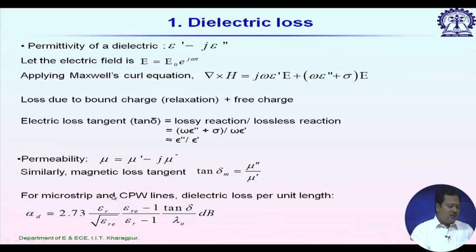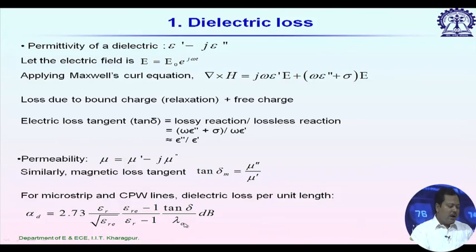Now, if I consider a microstrip line or CPW lines, we have to fabricate them on some dielectric substrate. So, obviously, it will be associated with some dielectric loss. We have a closed form expression for that. So, the dielectric loss per unit length for these two lines, alpha d, is approximately 2.73 multiplied by this factor. So, it depends on tan delta, but also on frequency, because we have one term lambda naught here,